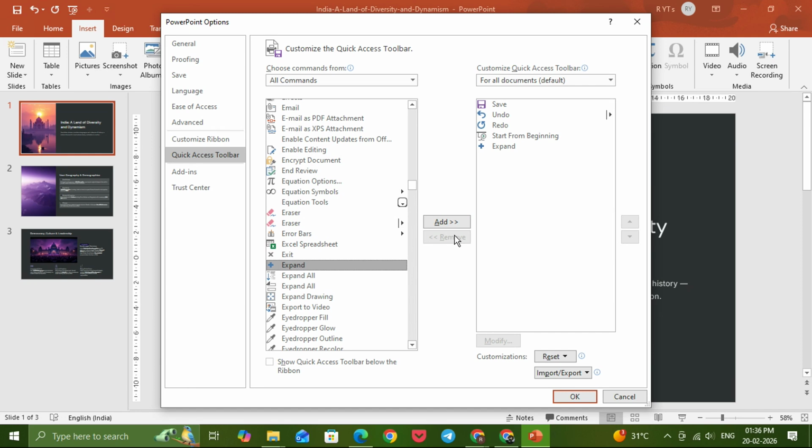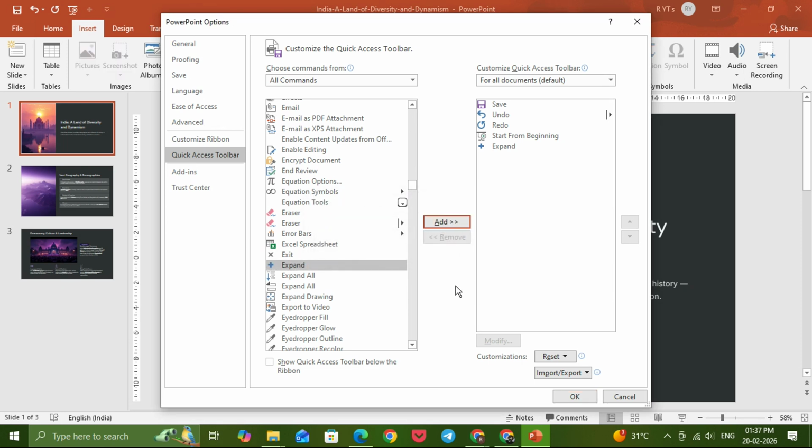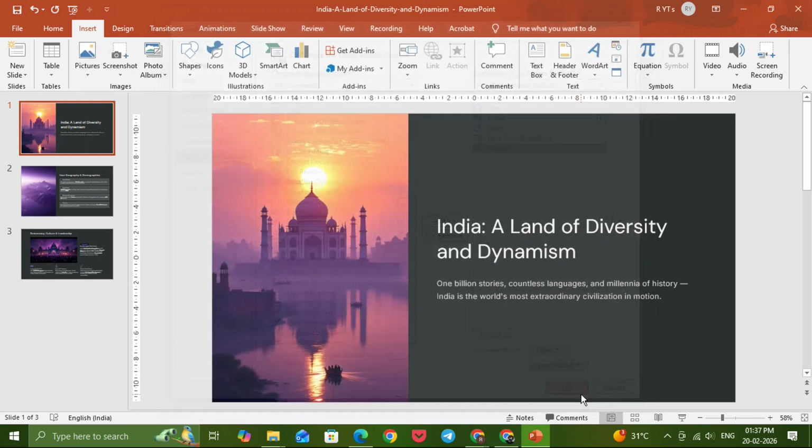The list on the right represents the commands that will appear in your Quick Access Toolbar. If you want to change the order of the commands, you can use the up and down arrows on the far right side to rearrange them. This allows you to prioritize the tools you use most frequently. Once you're satisfied with your selection and arrangement, click OK at the bottom of the PowerPoint Options window to save